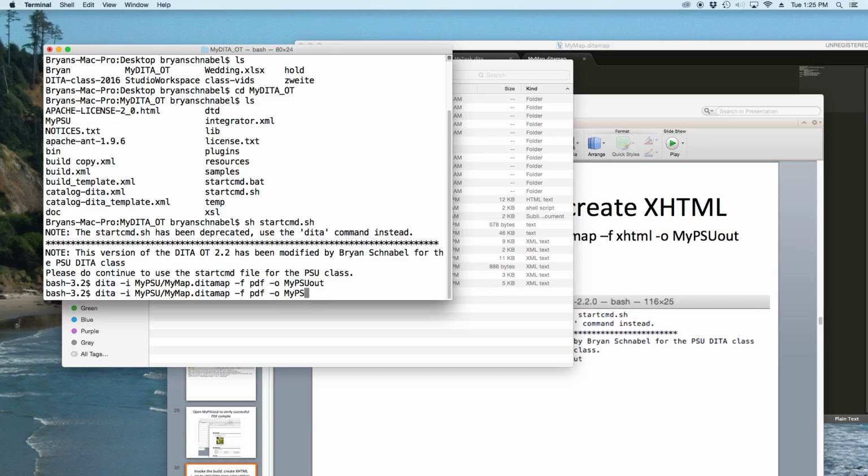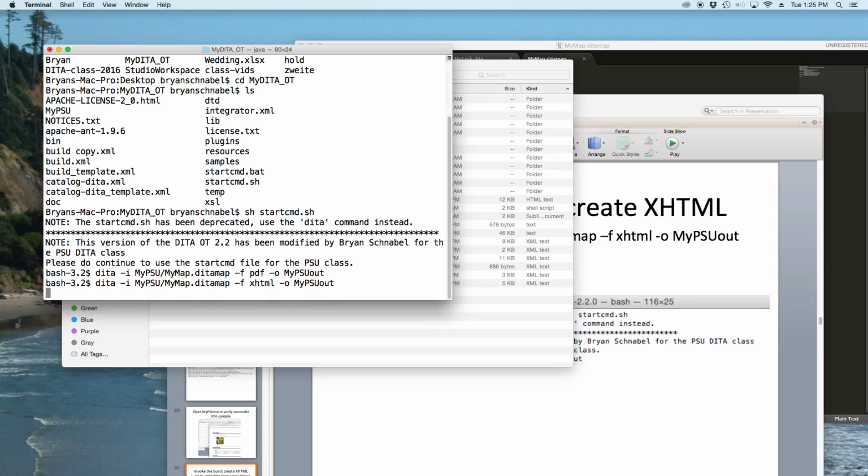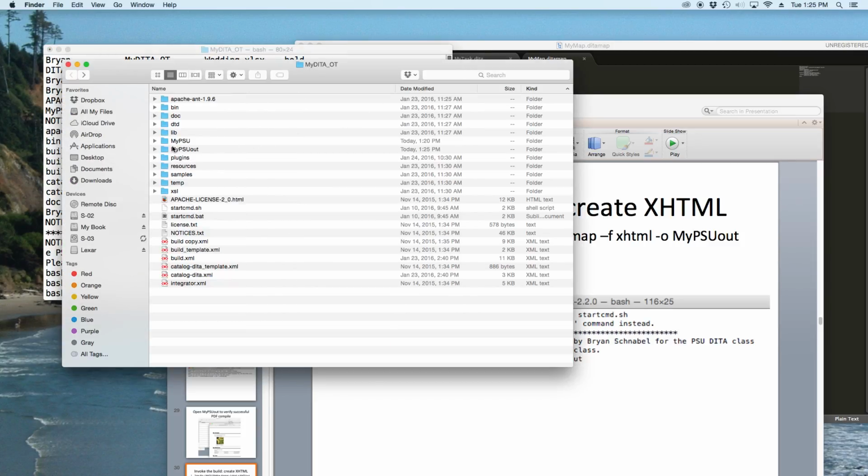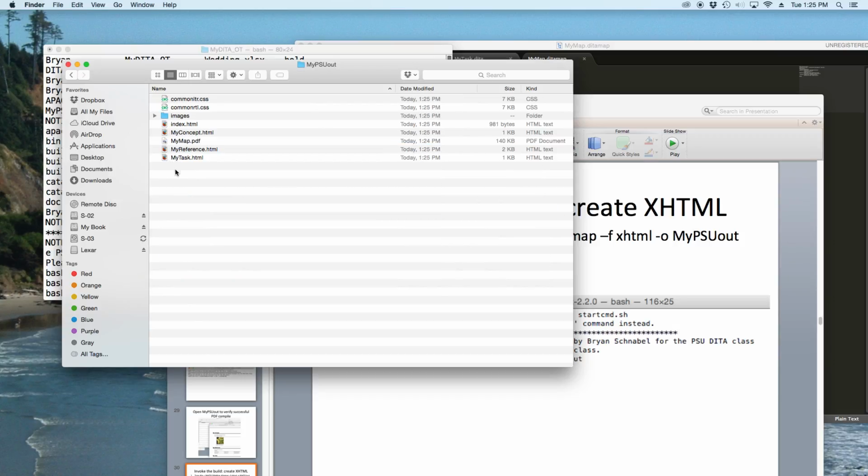So I'm going to backspace over PDF, and I'm going to write XHTML space -o space mypsu out, enter, and again it's thinking about it, and again I don't see any errors yet, and it did return the command prompt with no errors, which tells me that if I now look in my psu out, I also see that it made XHTML,